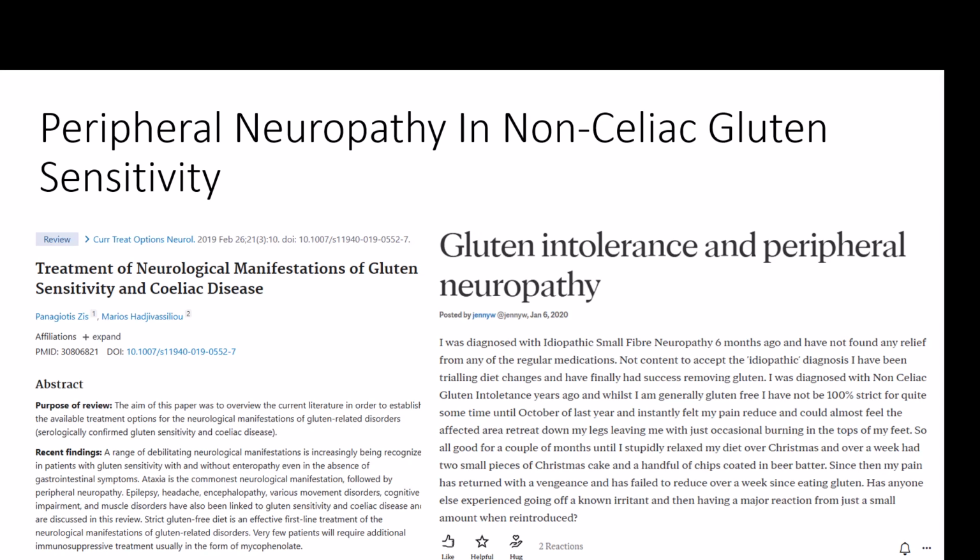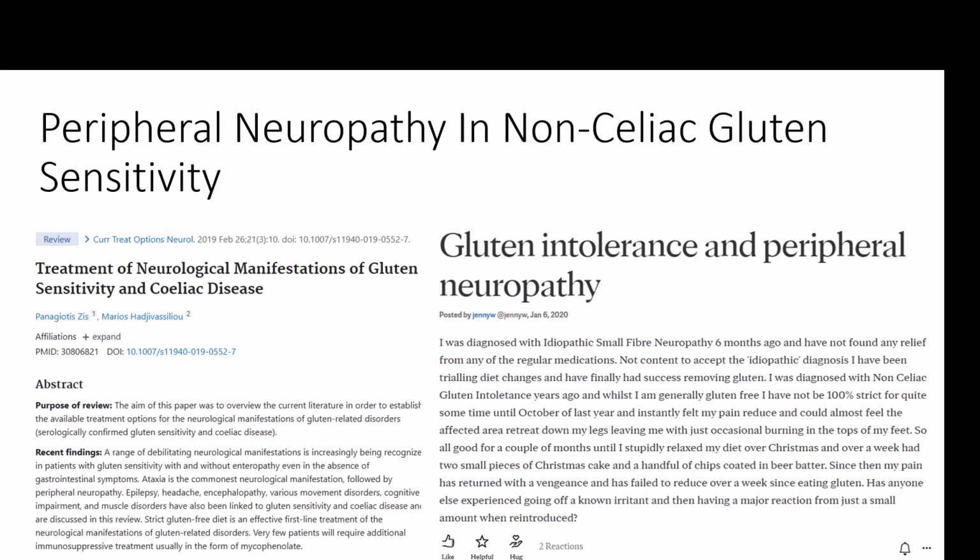Not content to accept the idiopathic diagnosis, I have been trialing diet changes and have finally had success removing gluten. I was diagnosed with non-celiac gluten intolerance years ago, and while I am generally gluten-free, I have not been 100% strict for quite some time, until October of last year, and instantly felt my pain reduce